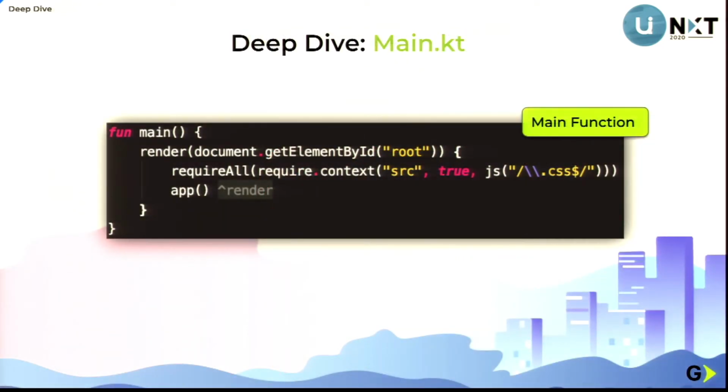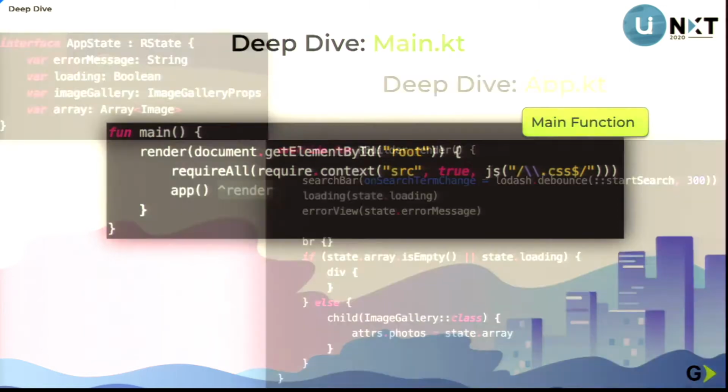Yeah, so that's your first app.kt, the main.kt. So main.kt is basically inflating app.kt, right? And it's nothing but a main function. There's only one main function in your application, and it is taking the DOM element and injecting your entire app into it. React people, we can relate to this, right? So that's what's happening over here essentially. It's just a small function, and you are requiring all the CSS, and you're inflating something called an app, a component app. Let's take a look into what an app is.